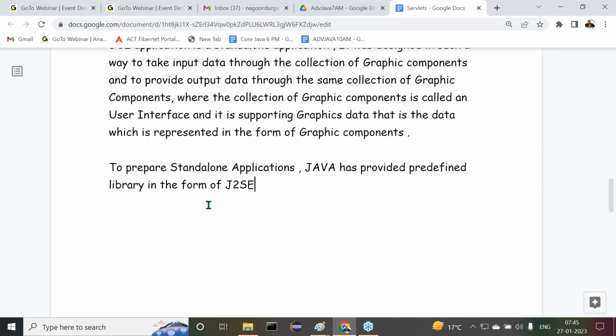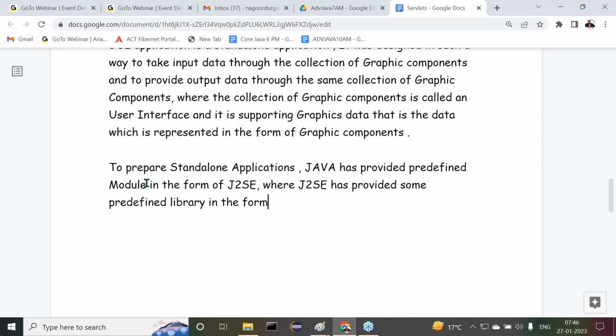That J2SE includes a number of packages. Now, observe carefully. So Java has provided a predefined library, or a predefined module in the form of J2SE, where J2SE provided some predefined library in the form of Java packages like